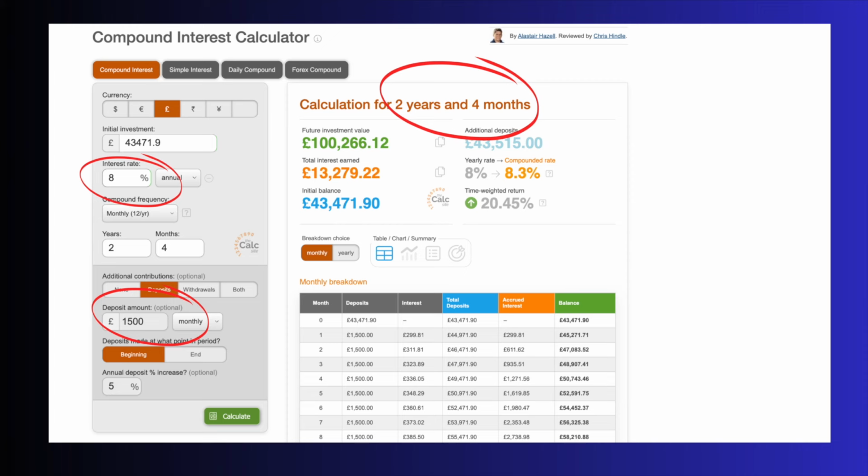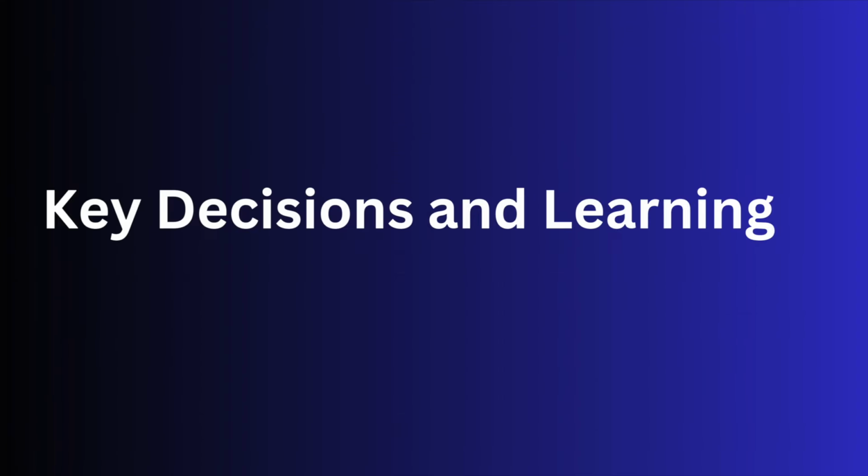However, just because I'm ahead doesn't mean I'll definitely hit the goal. This year's return was amazing, but it's not something I can expect every year. The key is to stay consistent for me and stay focused on the long game. With this in mind, let's move on to part 3 and go through the key decisions and learnings from year